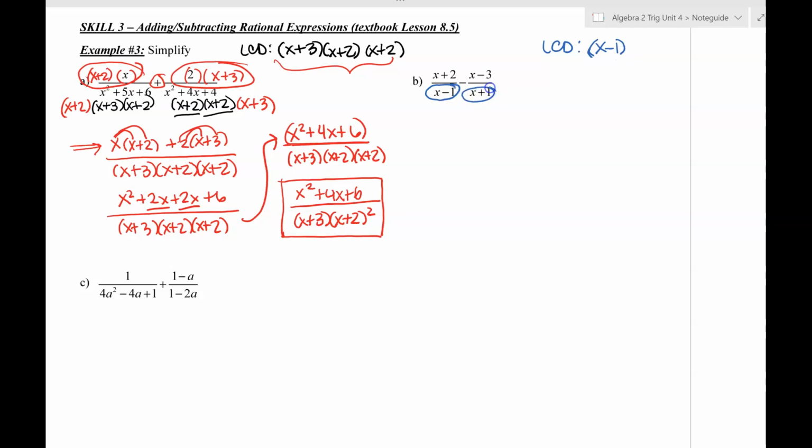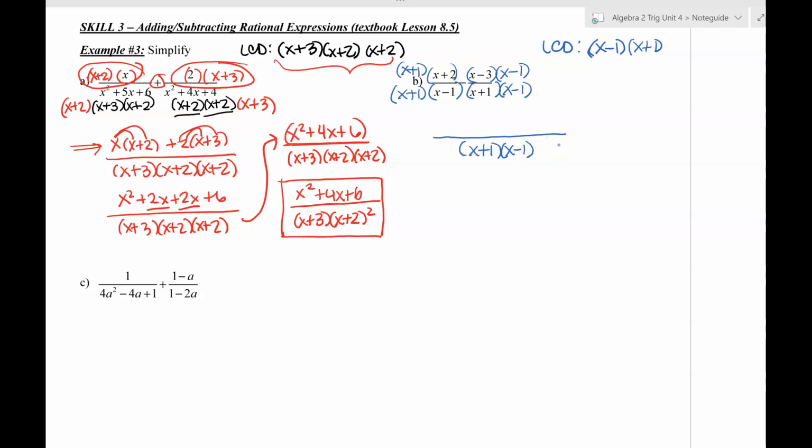The second denominator does not have that same factor. It has a completely different factor, so my common denominator will have to include both of those factors. To obtain that common denominator in the first fraction, I'll need to multiply by x plus 1 in the numerator and in the denominator. And in the second fraction, I'll have to multiply by x minus 1 in the numerator as well as the denominator. So now what I've found out is that the common denominator that they now both have is x plus 1